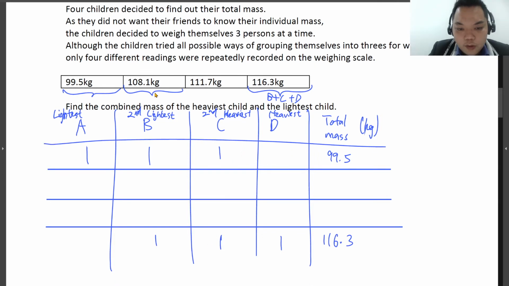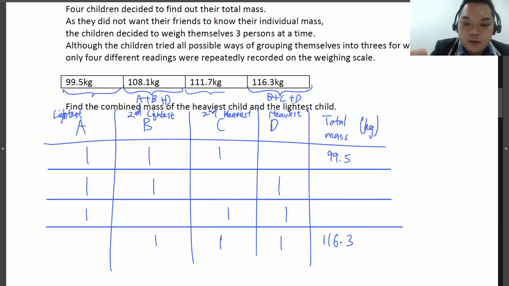Okay? So 108.1 kg should be formed by either this or this. Correct? So this should be formed by A plus B plus D. This should be formed by A plus C plus D. Then all the heaviest ones would give you this amount. So when you have listed them out in this manner,